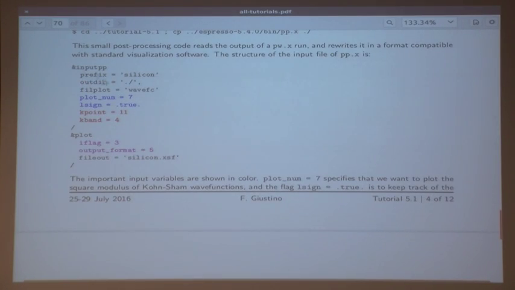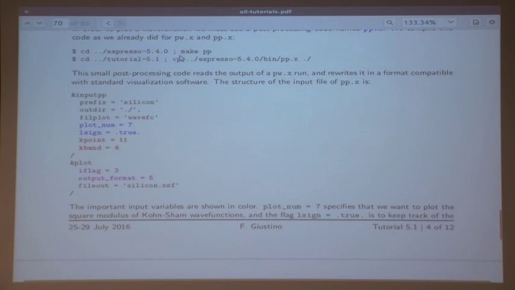So to do this, we need to make this code. I did it already before this session. It takes 2 minutes. It's a small thing. If you go to the Espresso directory and you type make pp, that will create a